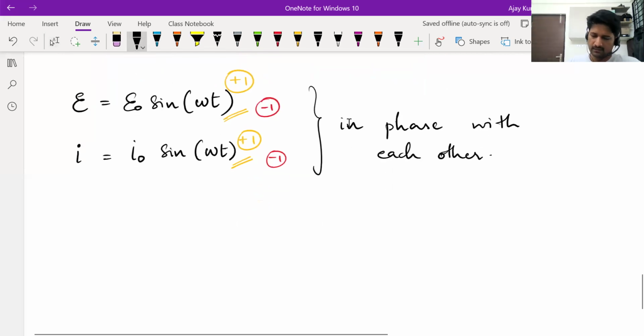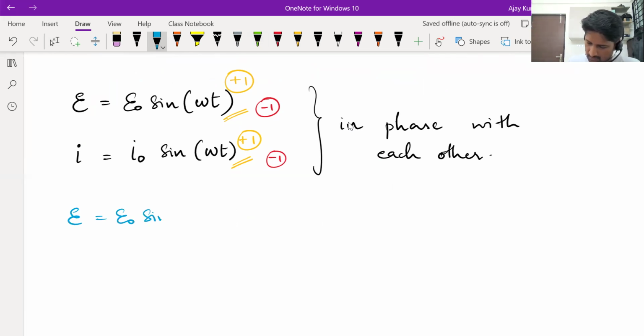Next, you have the EMF equation, you have the current equation also. Use the EMF equation, E is equal to E naught sine omega t. This is the voltage we are applying. And we know the resistance is R. Can one of you tell me the formula for power dissipated by a resistor? Sir, I square R. That's in terms of current, correct. In terms of voltage,